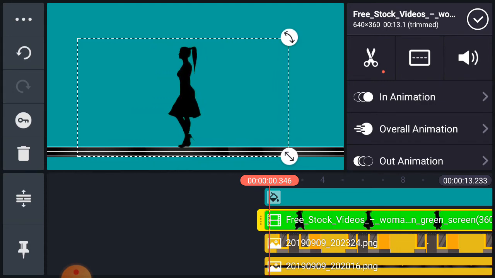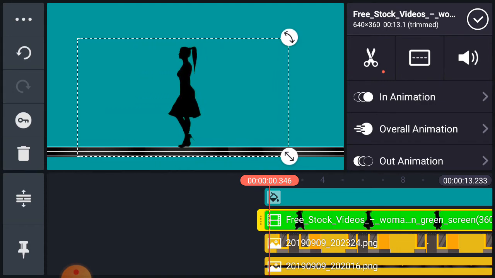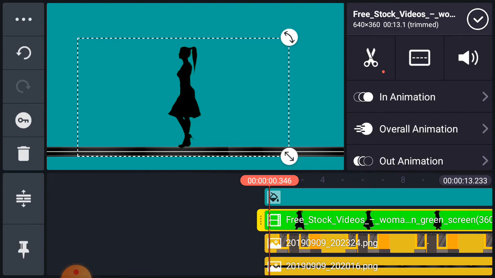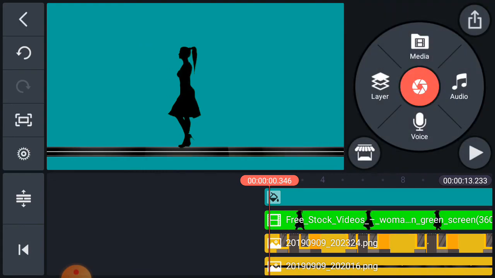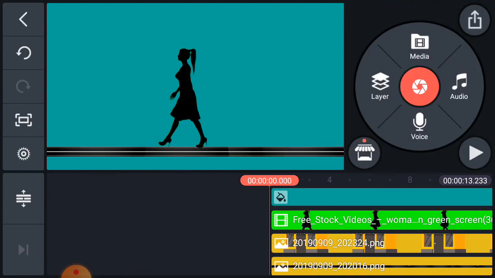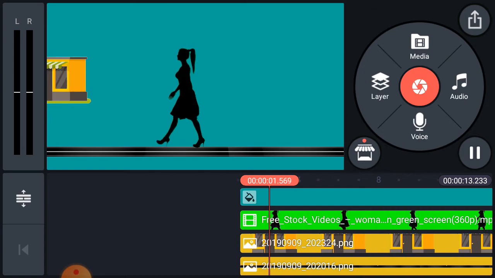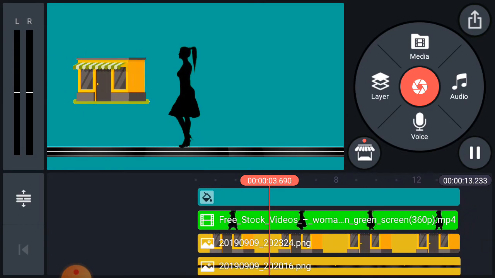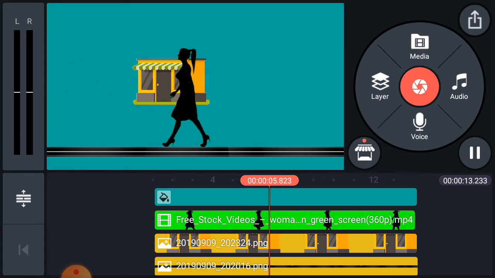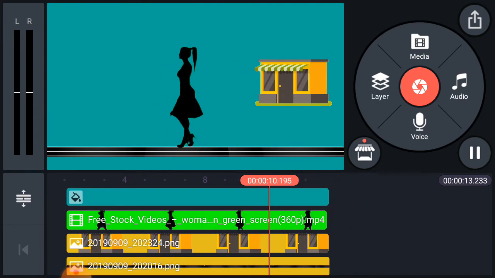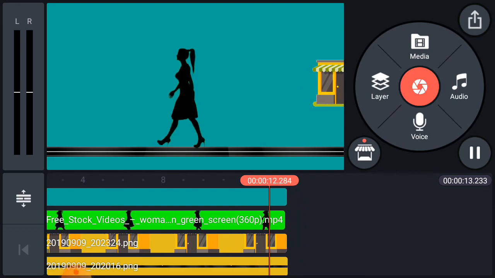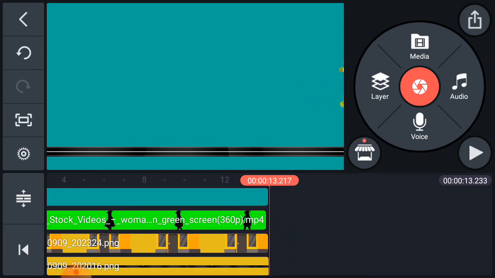Okay, so the green screen has disappeared and you can see only the lady here. So now again we click OK and we start to play. So you can see now our shop is going. It's the animation we put, but it looks like the girl is moving and the animation is going on. She's crossing the shop.